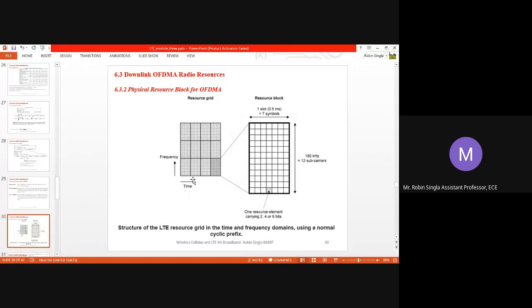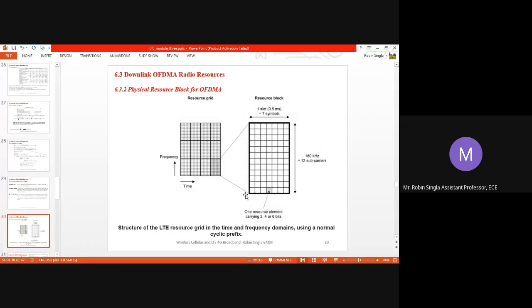The horizontal axis is time, the vertical axis is frequency, and the bold line represents one resource block, which contains the smallest unit, the resource element. How many bits a resource element will contain depends on the type of modulation that has been used. And how many resource elements are in a resource block depends on the